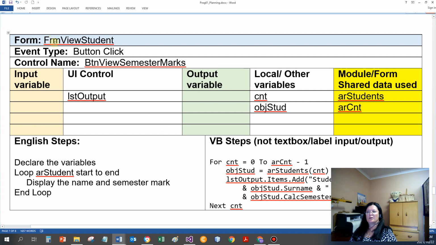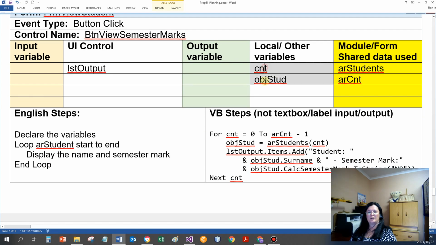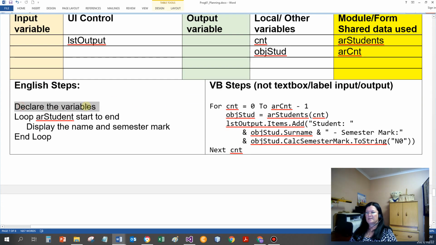Then I've got button view semester marks. I've got 2 local variables, a counter and object student, and I'm using the array and the array counter always. So declare the variables, loop from start to end, and I'm going to display the name of the semester mark. So I'm going to do it like this. For count 0 to 1,